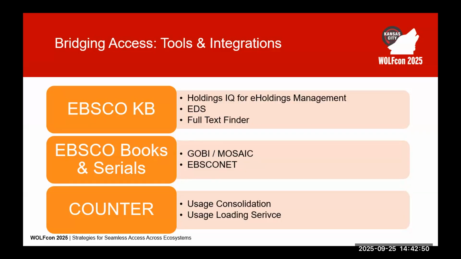Because it's in EBSCO's usage consolidation data warehouse, that's integrated in with Folio, but it's also integrated with other things, and it has its own report. So usage consolidation has its own reporting interface, but it's also feeding data into Panorama. So you can use Panorama and you can get analytics around your counter data. You can get the raw data right from the Folio interface, as you're working with your packages and your collections.